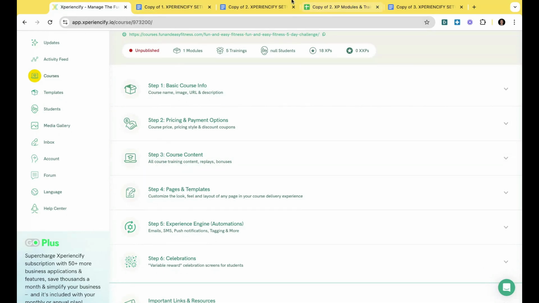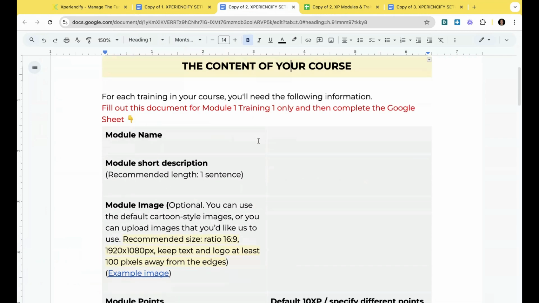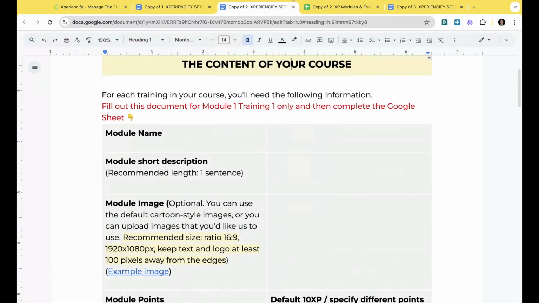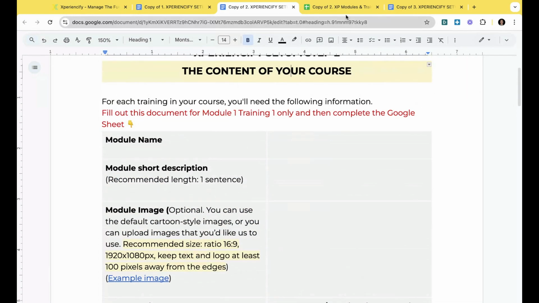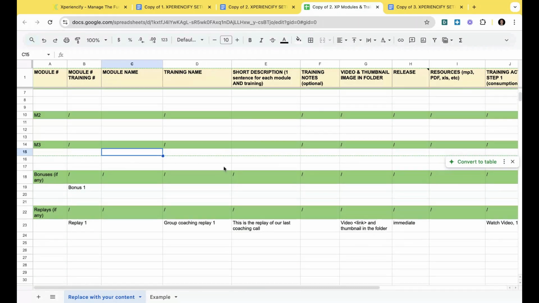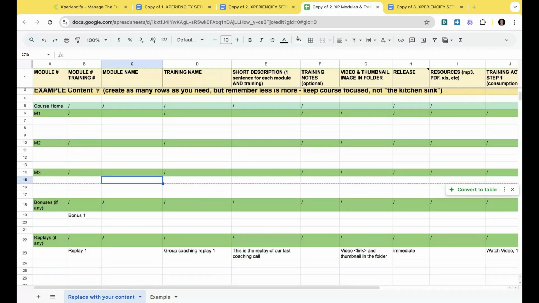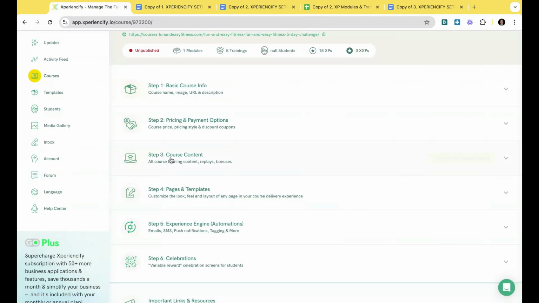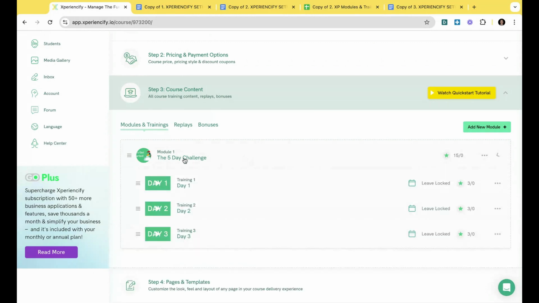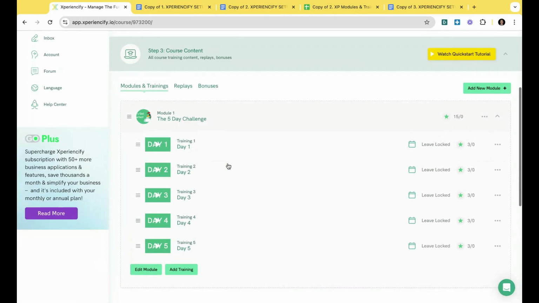The third step is actually building out course content. So remember, this is where, if you have done the work of understanding what the outline of your course is and what pieces you want to have in it, so what are the trainings, what are the different lessons, what are the actions that you want them to take, etc. This section, rather than being daunting, is really going to be easy for you to build out.